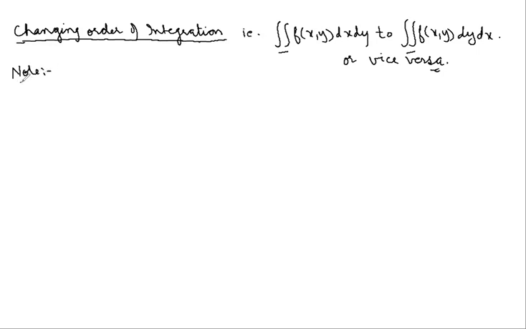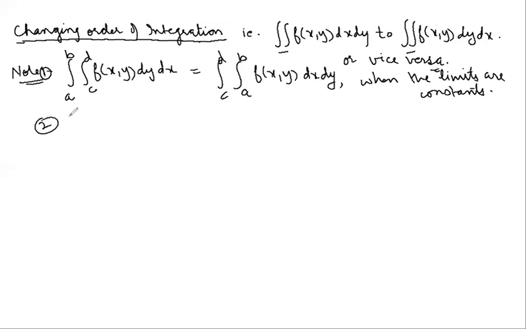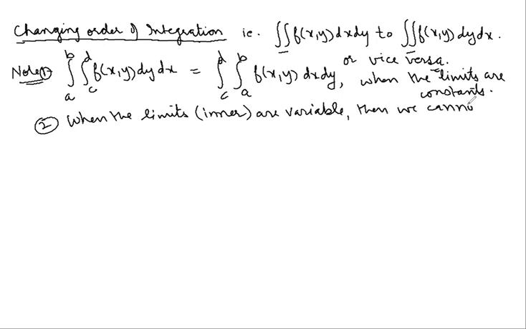We can see one thing we have already done also, that the integral f(x,y) dy dx when y varies from c to d and x varies from a to b, okay, this is same as the limits a to b and c to d of f(x,y) dx dy, okay, when the limits are constants. ठीक है, अगर इसको आप लिखोगे कि जब लिमिट इसमें कांस्टेंट होती है, व्हेन द लिमिट्स आर वेरिएबल, इनर लिमिट्स आर वेरिएबल, then we cannot perform the above step.